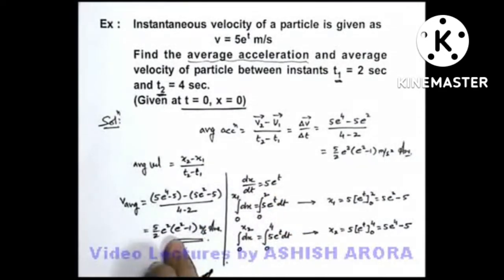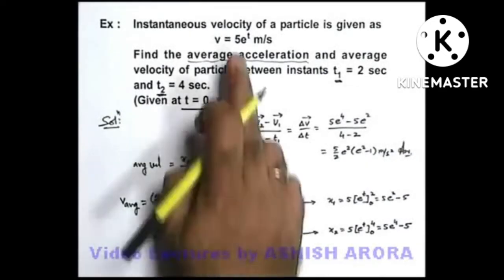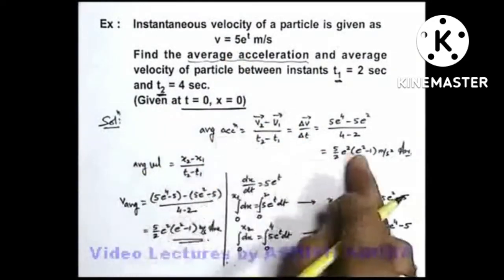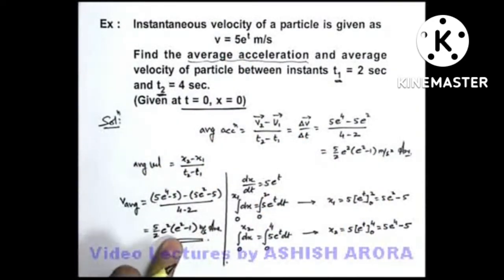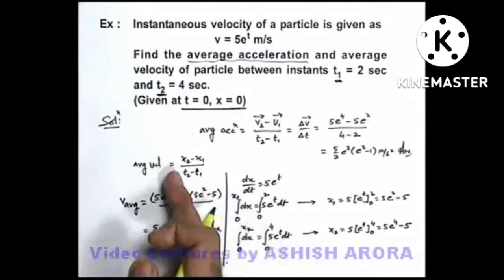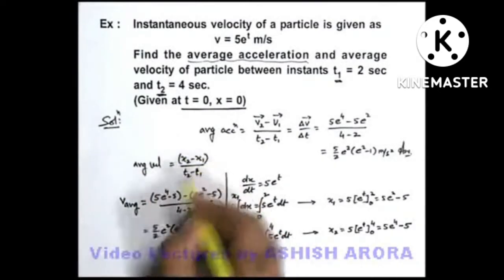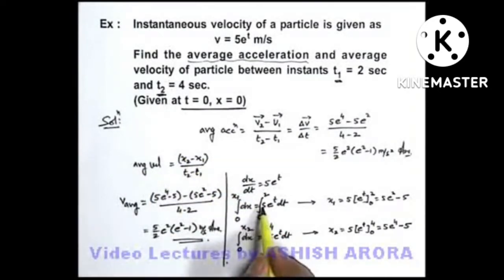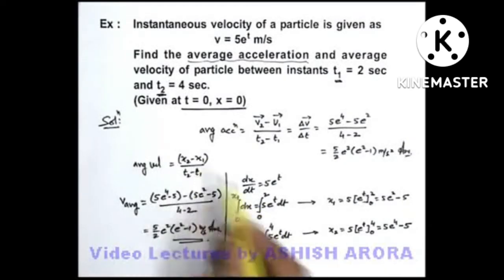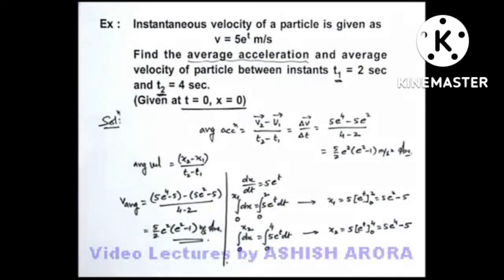So you just have a look very carefully at the process we are using, and this is a special function where we can see the value of average acceleration and average velocity are numerically equal. And here to find out the average velocity, we have calculated x2 minus x1. This can also be directly obtained by applying the limits from 2 to 4 and x1 to x2 will directly get the value of x2 and x1, that you can execute in your copy and verify whether you are getting the result or not.